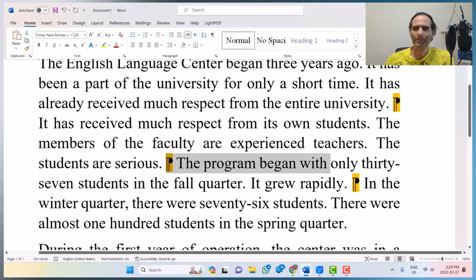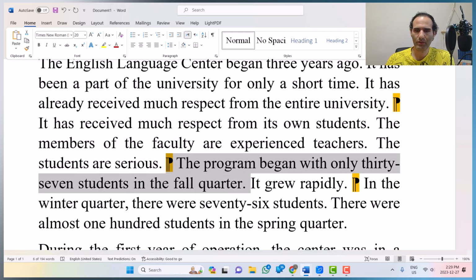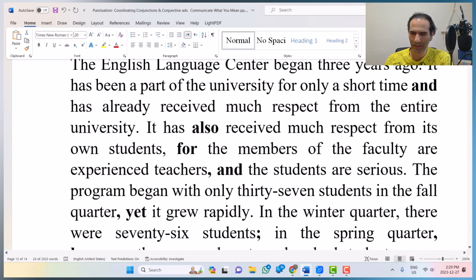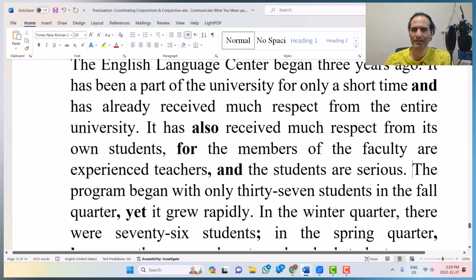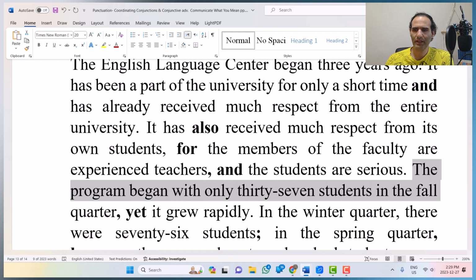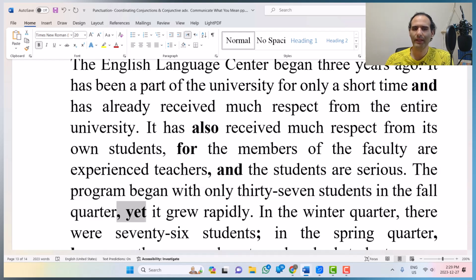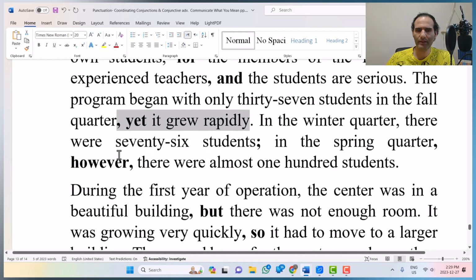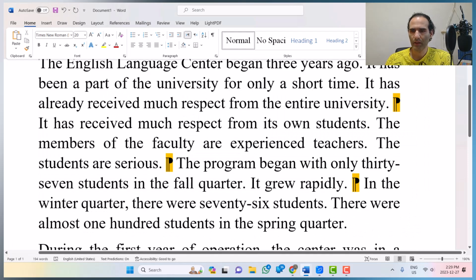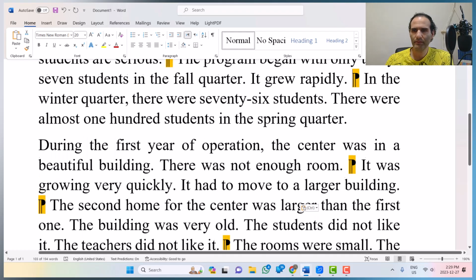The program began with only 37 students in the fall quarter. It grew rapidly, so I can feel some contrast between these two sentences. That's why here we say the program began with only 37 students in the fall quarter, yet it grew rapidly. Independent clauses, so we need a comma before the yet. And here it says,